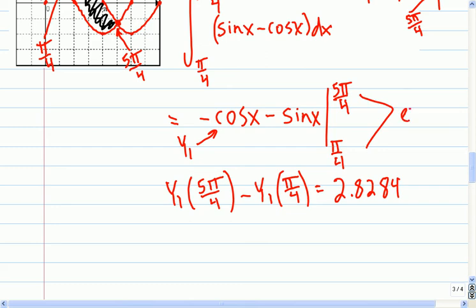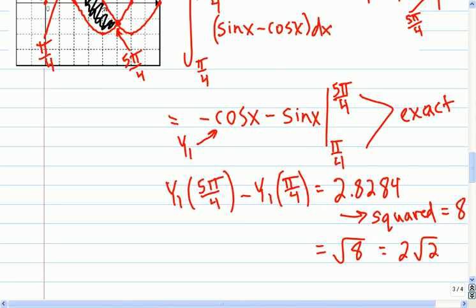And one trick when you're in a rush to find an answer: we could do this exactly, right? These are exact values. We could produce them without a calculator, but with the trig stuff, there are so many square roots, like root 3, root 2, that sometimes when you square your answer, you can luck out and it turns out to be nice. So for example, when I square this answer here, it turns out to be a nice number like 8. So basically that means this answer is equal to square root 8, and I didn't need to go through all that trouble of exact values. That'll be 2 root 2. So it doesn't always work, but it's worth a try, because if you square